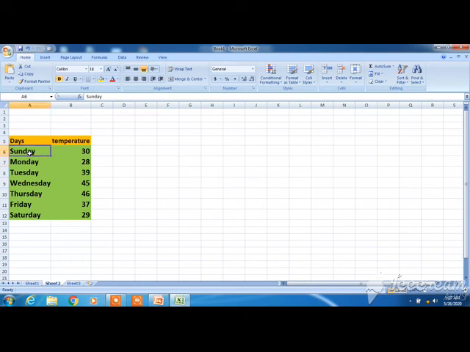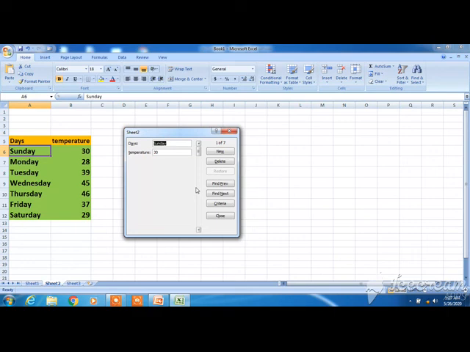Suppose we select this data, and this way we can open the form sheet. The form dialog box will open up, and in the next video I will be telling you how to use this. For the time being, I think you just practice how to add the form option in the quick access toolbar.